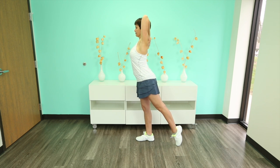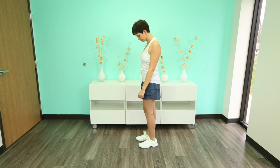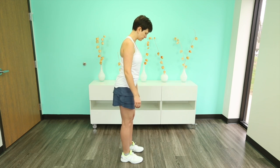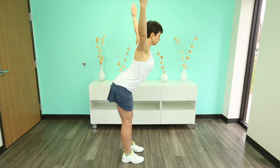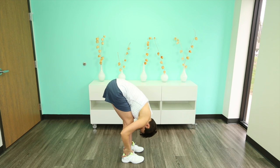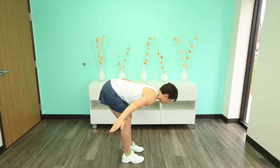And then with the next exhalation, put your foot down, bring your arms down. Place your feet so that they're about hip distance apart. With the inhalation, sweep your arms out and up, reach up high. And with the exhalation, gradually contract the abdomen and bend down, softening the knees a little bit. Relax your neck. With the inhalation, lead with the chest, bring your arms out and up, go up into standing,